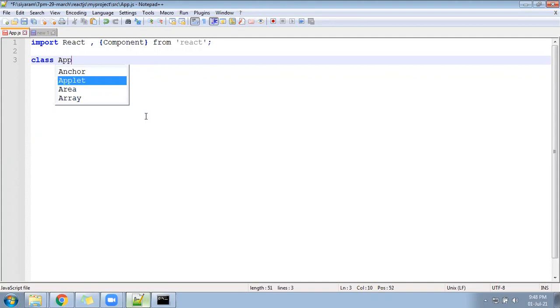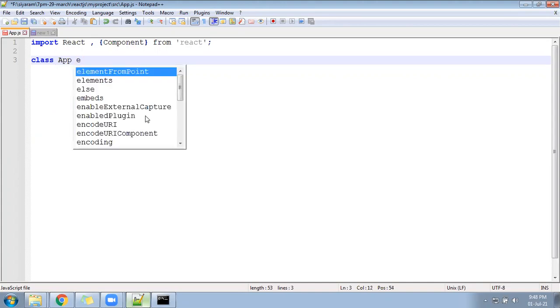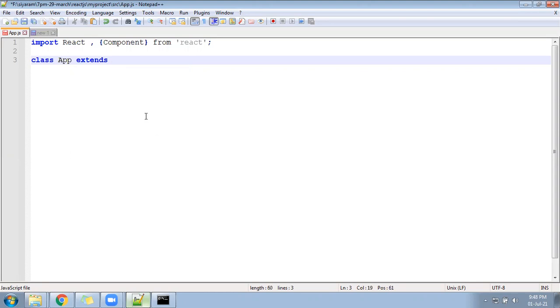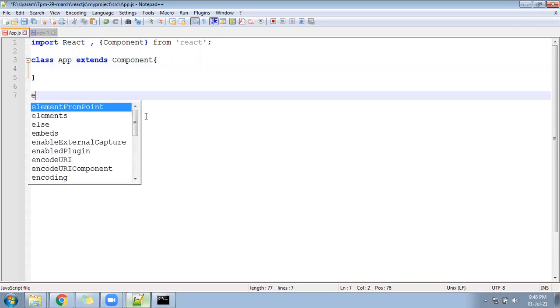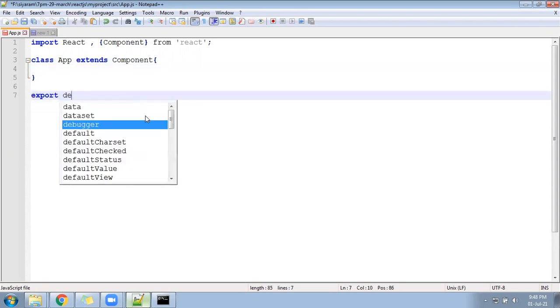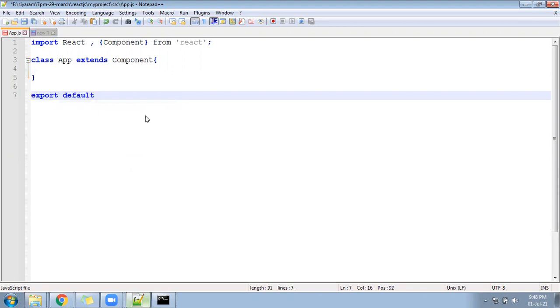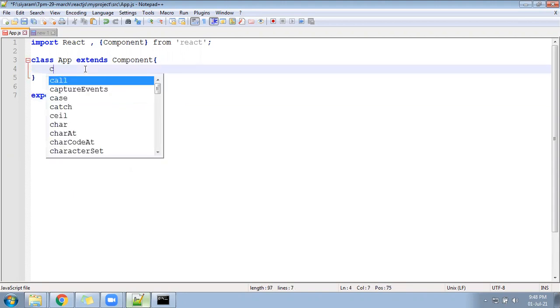This is the default component I'm considering. Extends Component, the predefined class. Now I'll come down below and write export default App. Right? This much is compulsory everywhere. I'll follow with a constructor here.